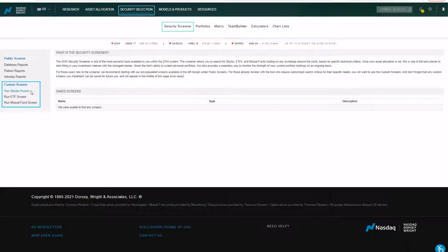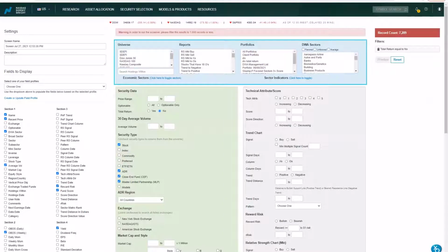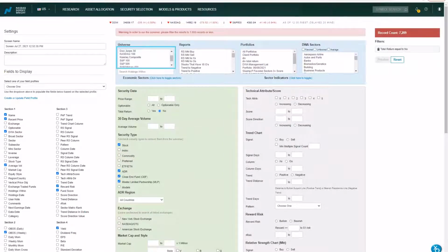Select whether you want to run a mutual fund, ETF, or stock screen. Use the blue section at the top of the screener to choose from various universes, such as indexes like the NASDAQ 100 and S&P 500, our system-generated reports of securities that have recently hit or are nearing significant movements on their charts,